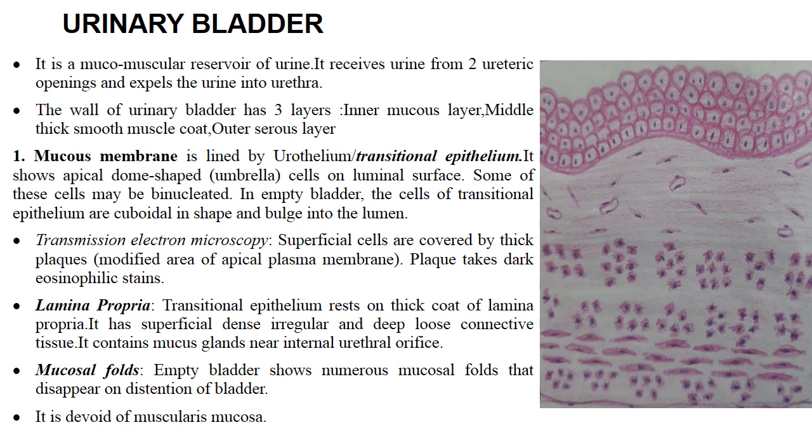Urothelium is urine proof. It is resistant to the toxic substances present in the urine, and the urothelium has the ability to change shape on distension. It undergoes change in shape with distension and relaxation of the urinary bladder. Urothelium can withstand osmotic changes caused by variation in the concentration of urine. Urothelium also maintains a permeability barrier due to the presence of plaque on the luminal surface, and the urinary bladder is devoid of muscularis mucosa.